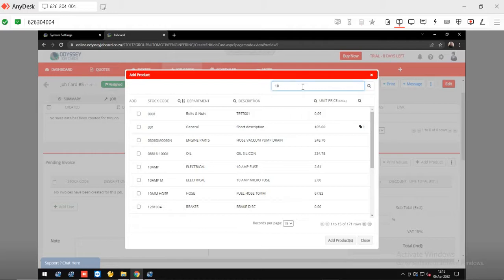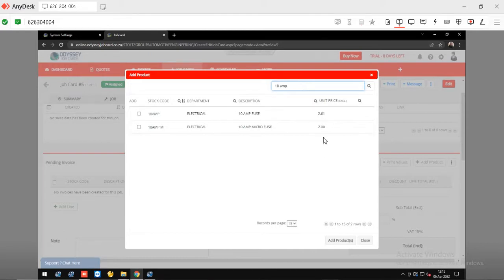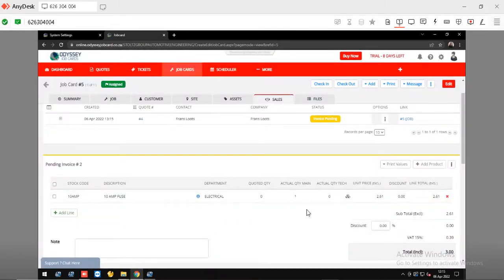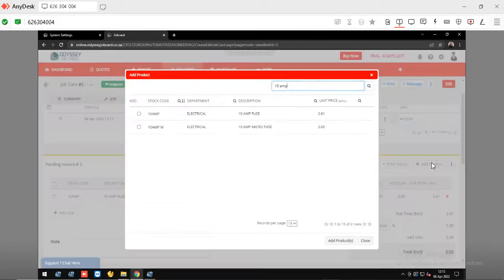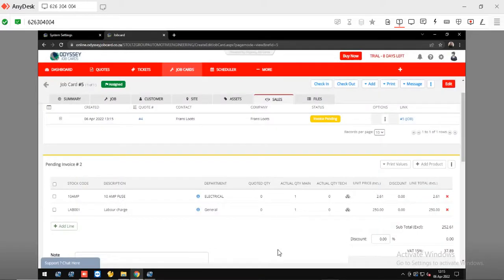So I just start typing in 4 amp, and I press enter, and it will bring everything with a 4 amp up, and I can click that one, and I can say add product, and then I can now also go to add another one, and let's say this is a labor component, and I press enter. There is a labor of 250, and I can add it to there,